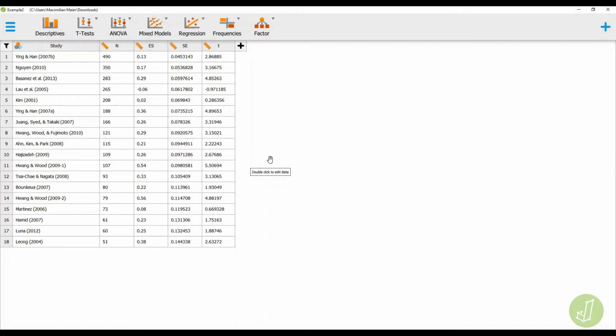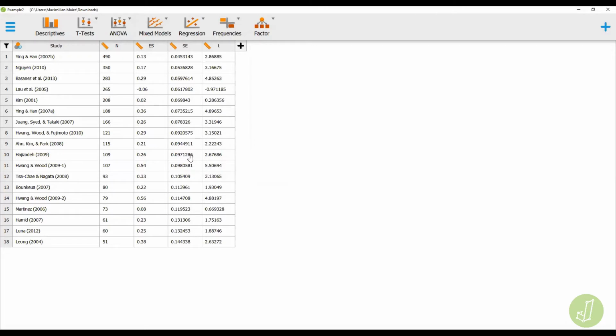Here we can see data from Loui 2015. The reference for the data can be found below the video. Loui 2015 investigated how the acculturation mismatch of US immigrants from collectivist cultures leads to intergenerational cultural conflict. We will now check whether their results hold up after adjusting for publication bias.